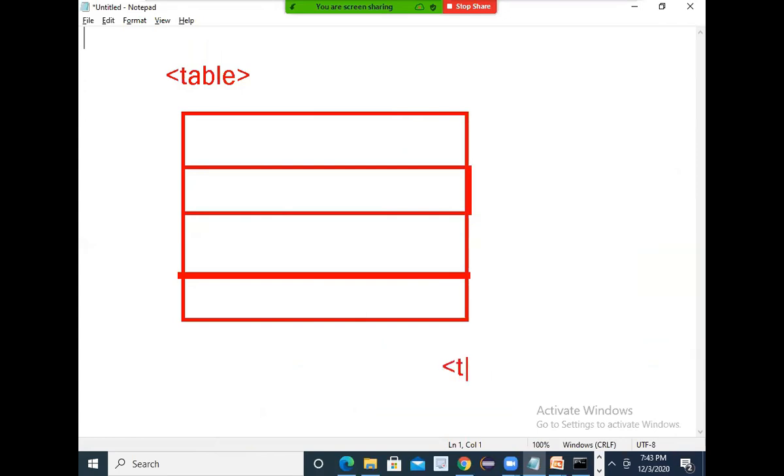Yes or no? Here close the table tag, and here you can open one tr tag, table row, and here close the tr tag. In between this tr, I want to keep one image. Here I want to keep one image tag, and again open one more tr, and here you can close the tr. Is it clear?